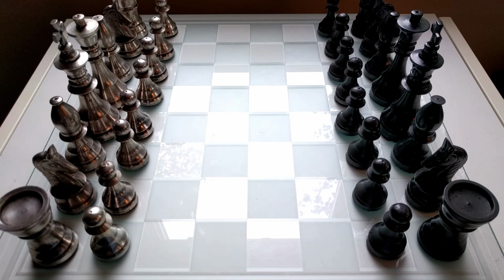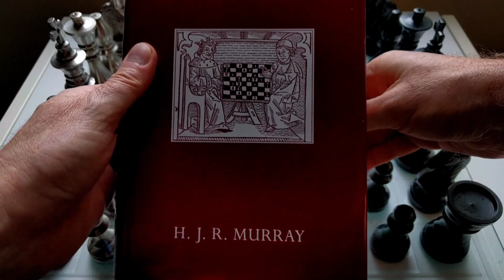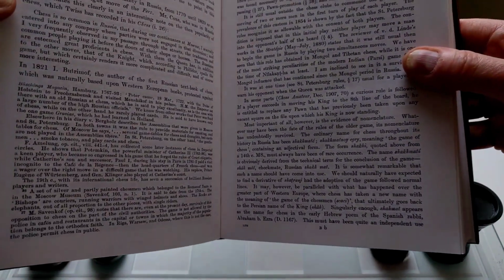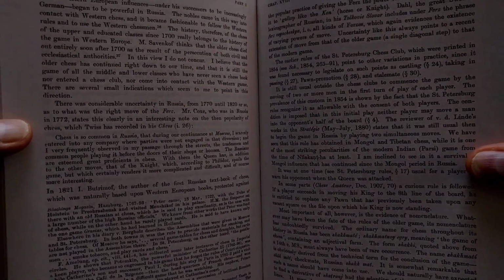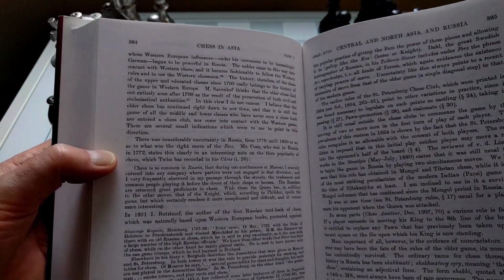Why is that important? Well, when I talked about this series in general for Chess Chest, I did mention a great resource of information for a lot of this stuff is this book right here, A History of Chess by H.J.R. Murray. On page 384, he does discuss chess in Asia, and one of the things that he brings up